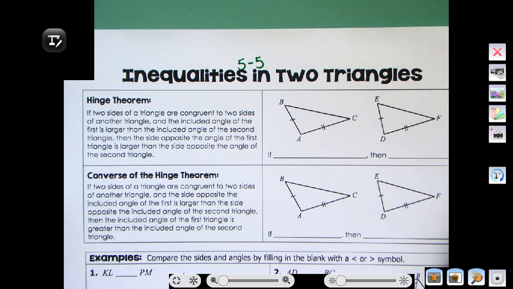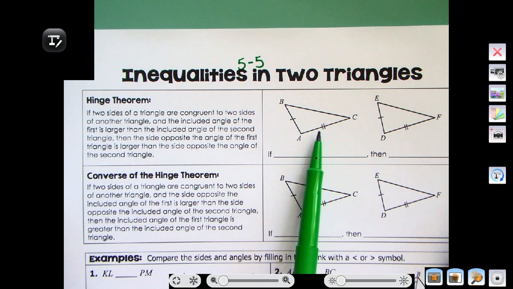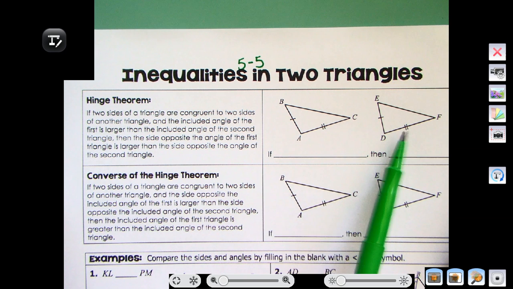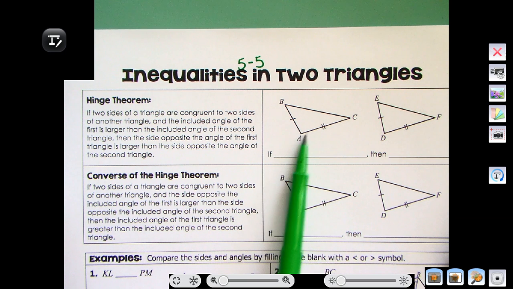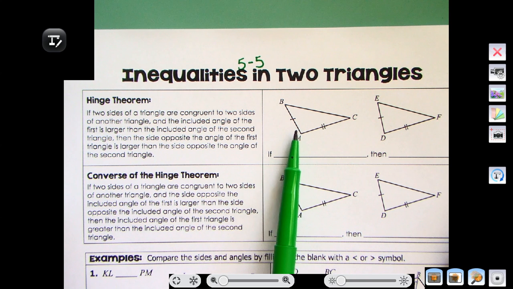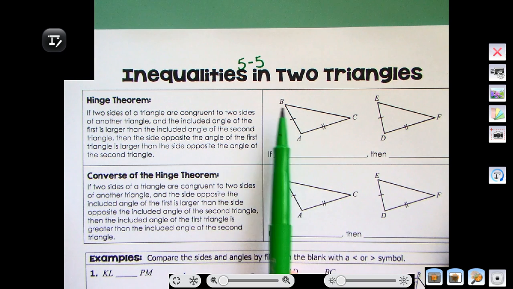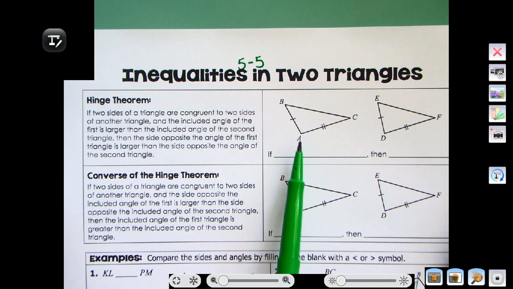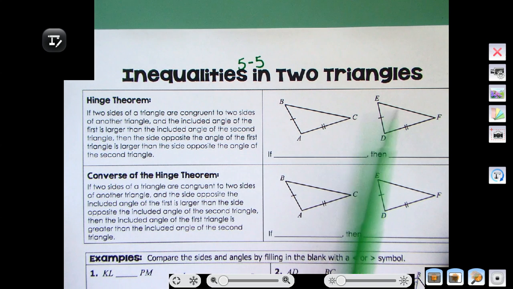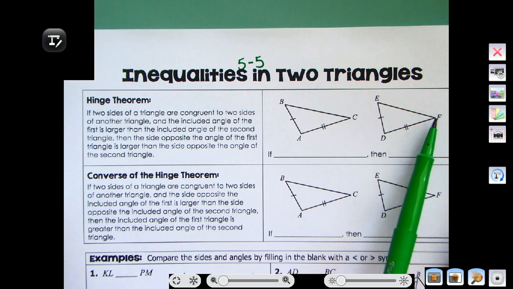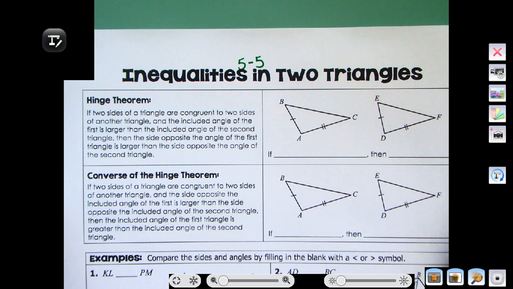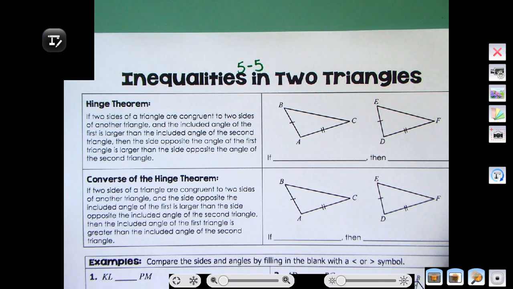And this theorem is saying that if two sides of a triangle are congruent to two sides of another triangle, and the included angle, the angle right here, of the first is larger than the included angle of the second, then the side opposite the angle of the first triangle is larger than the side opposite the angle of the second triangle. So a lot of words to basically say,